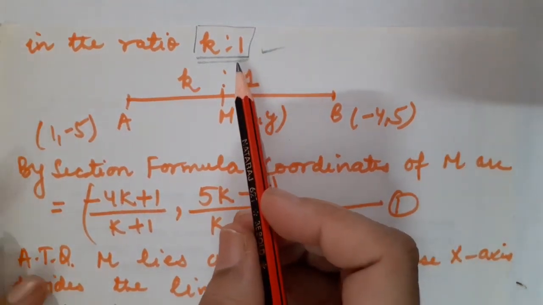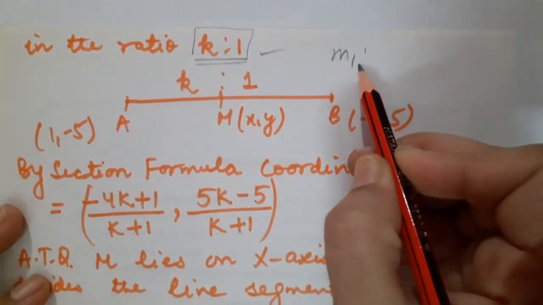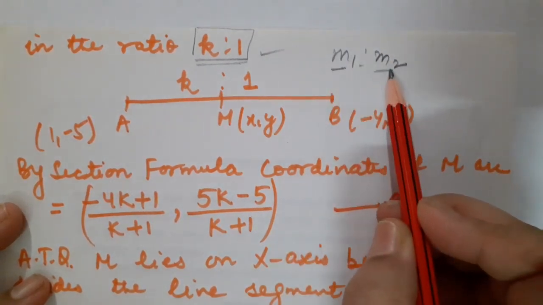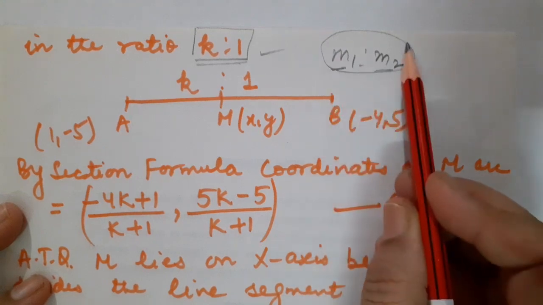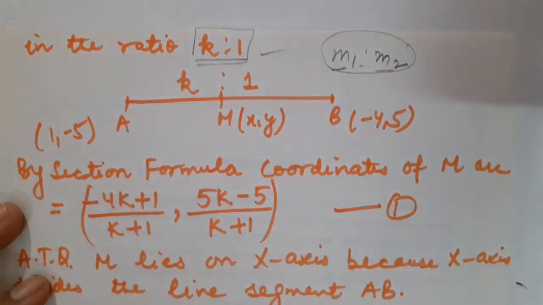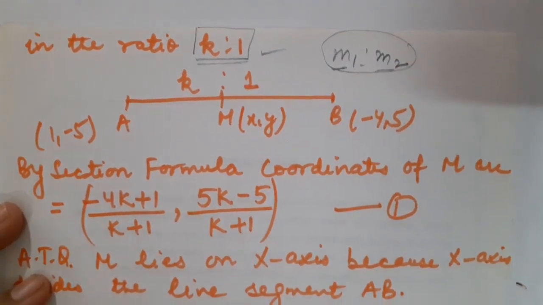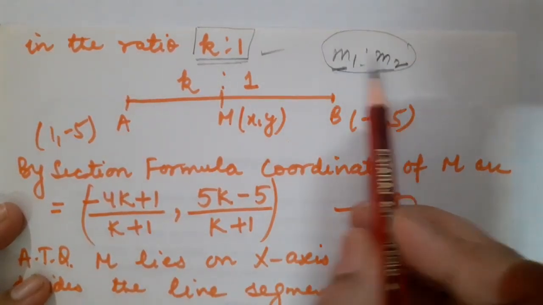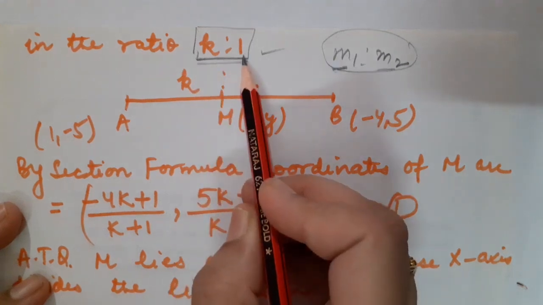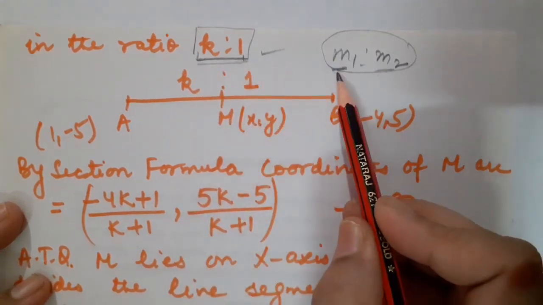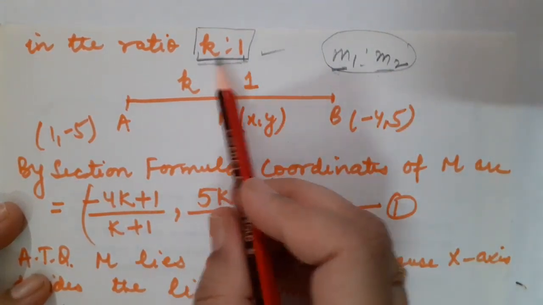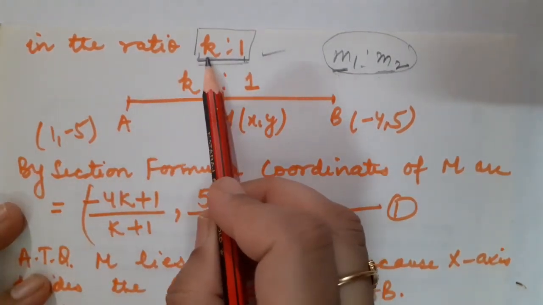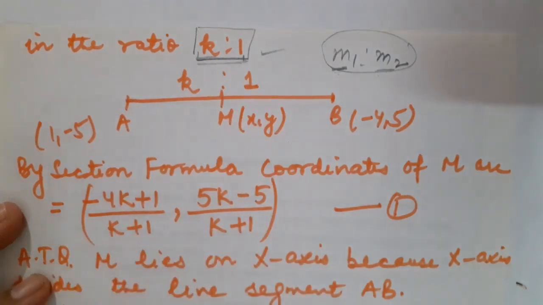Basically, there are two methods. You could go with the ratio M1 ratio M2 also. But children, when you adopt both of these variables, you will get a pair of linear equations in two variables, so you will have to calculate the values of both of these. But if you adopt the method in which instead of M1 ratio M2 you take K ratio 1, then it would be easy to calculate the value of one variable only, and then ultimately you can reach the ratio.